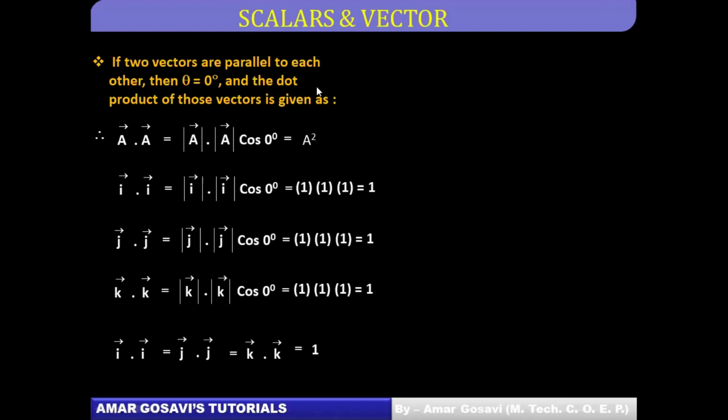We are just working on a specific case where we say the vectors are parallel. Only when they are parallel will theta be 0. If they are not parallel, obviously theta won't be 0. The situation would be different. This situation is analyzed only for the two vectors being parallel.